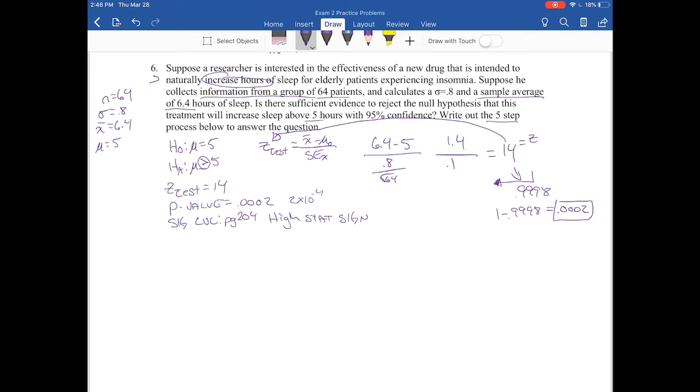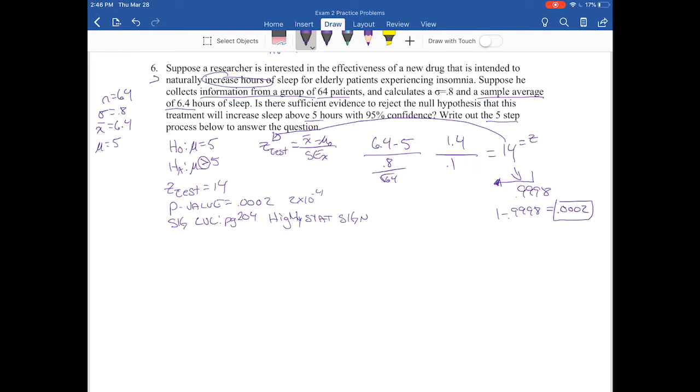It is less than 0.01. That is the key. There's those 4 different tiers. Either it's greater than 10%, it's between 5 and 10, it's between 1 and 5, or it's less than 1. And each one of those gives you a tier. So this is less than 1%, our p-value, so we'd say highly statistically significant,